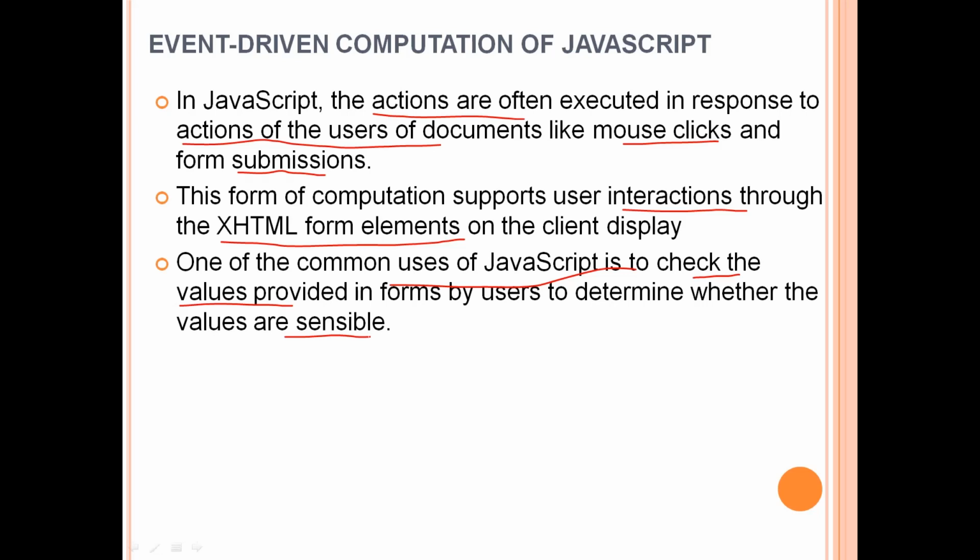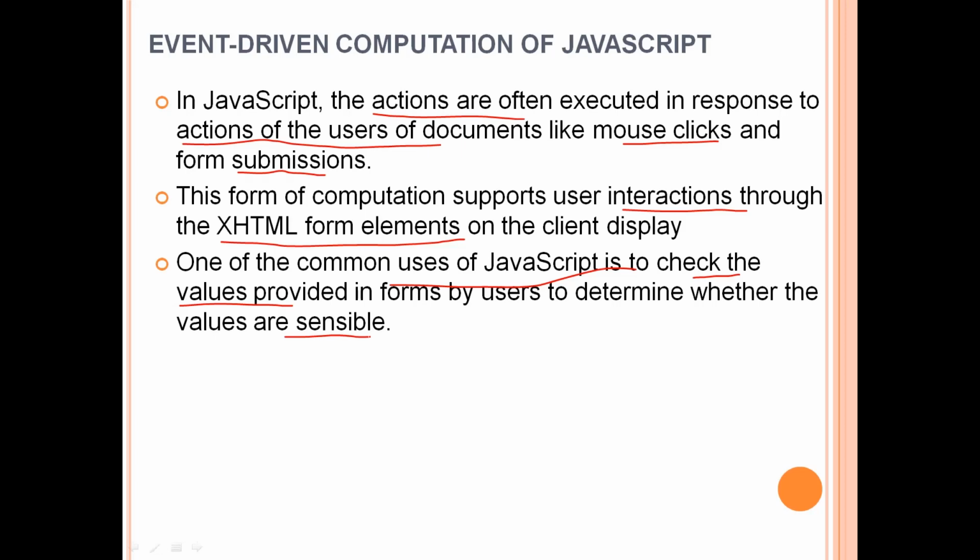and that is increasing the traffic, and this can be reduced by using client-side JavaScript. What client-side JavaScript does is check the data before submitting it to the server. So data is checked on the client side, that is on the browser side only. Whenever we enter the data, it is verified by using JavaScript, and only after complete verification of data, whenever the user clicks on the submit button, the data is sent, and this time the data is sent in correct form to the server. So that reduces the network traffic as well. Okay, so that is event driven computation.